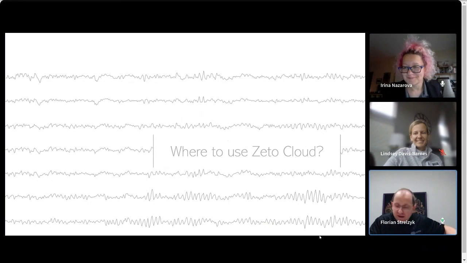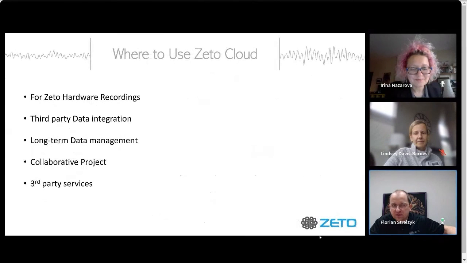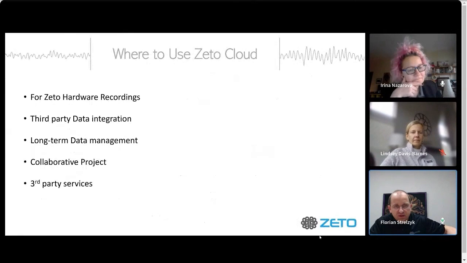Maybe as a final takeaway, so where do we use Zeto Cloud? If you have the Zeto headset, obviously you'd be recording Zeto data with it. But if you don't have a Zeto headset, you can use it as a standalone cloud for third-party data integration. You can use it for long-term data management and storage. We can use it for collaborative projects. Remember, the